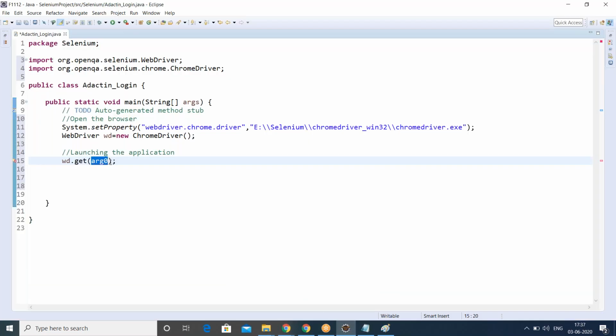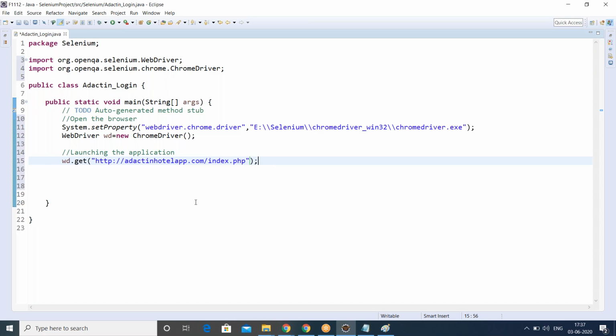That's it. WD is our instance, dot get method. In WebDriver, there is a predefined method called get method, and we use it to launch the application.